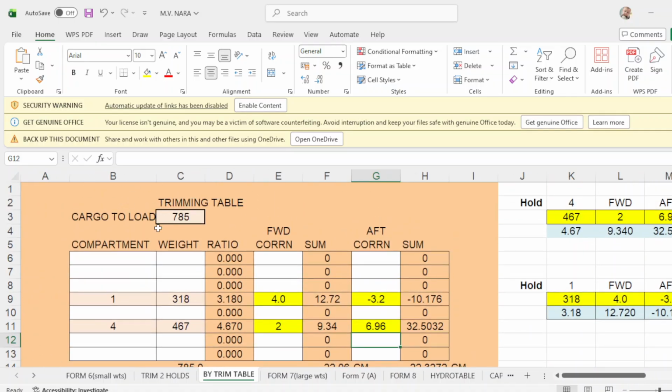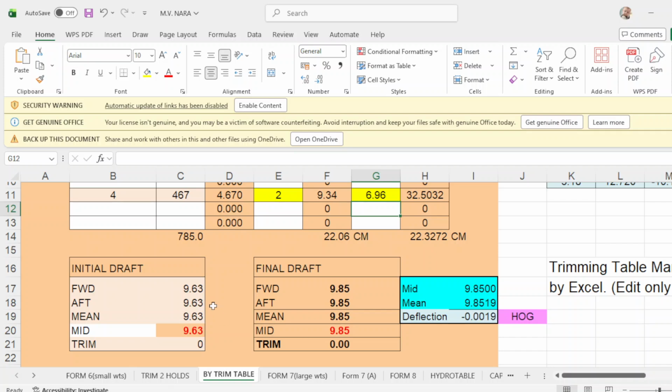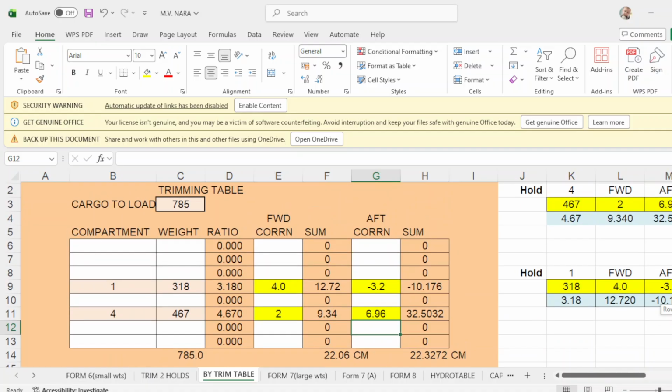Take note of the trimming table, the remaining cargo to load of 785. In hold number 1, you will load 318, and hold number 4 is 467. Take note of the initial drop of 9.63, main drop is 9.63. Okay? So from your